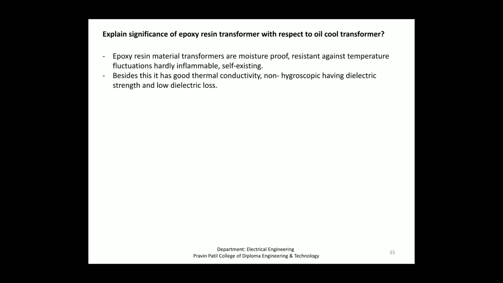Next, epoxy resin transformer, or it is also called a dry type transformer. CRGO means cold rolled grain oriented. Cores are wound with secondary enamel copper wire, which is distributed uniformly on the periphery of the core to achieve minimum leakage reactance. Interlayer insulation is provided to avoid secondary winding short circuiting in times of fault in the system.